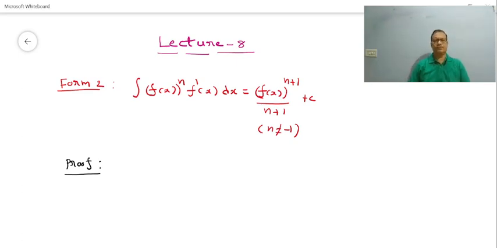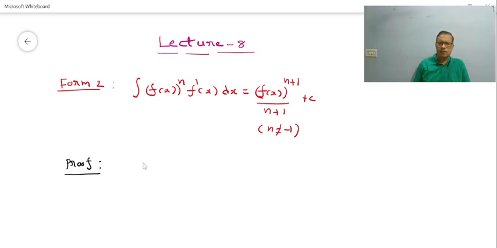Dear students, so now I am going to discuss the formula. The integral of (f(x))^n f'(x) dx is equal to (f(x))^(n+1)/(n+1) plus constant, where n is not equal to minus 1. Okay. So in order to prove this result,